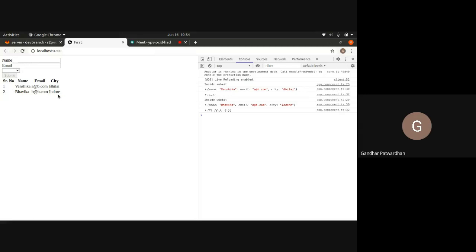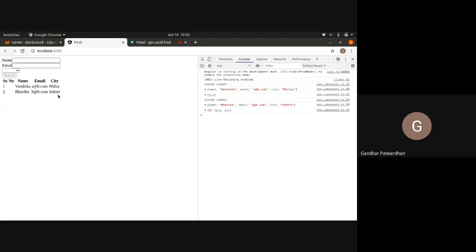Now, just keep in mind the flow. What is the flow? We are having a form. That form generates a JSON, because we are using a reactive form, it is generating a JSON object. Then what are we doing? We are having an array whose name is my data. And when we click on submit, we are pushing that JSON object into that array.